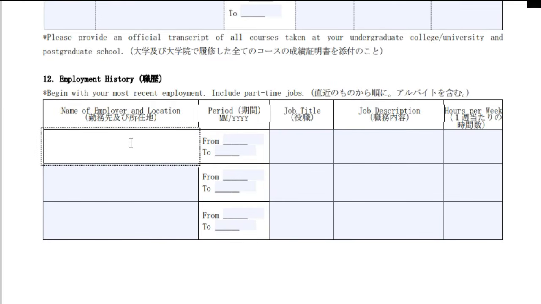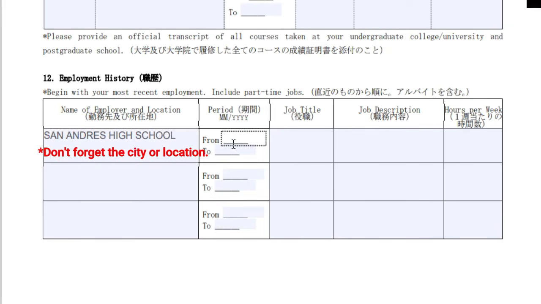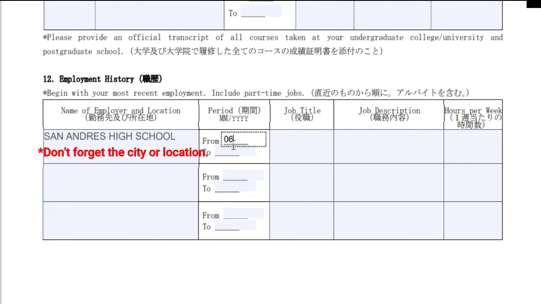So let's see. Name of employer and location. For example, San Andres High School. And then period. So from when? Let's say June 2002 until... In filling out the employment history, you have to begin with the most recent employment. So if you're still working in San Andres High School, you can just write here present,